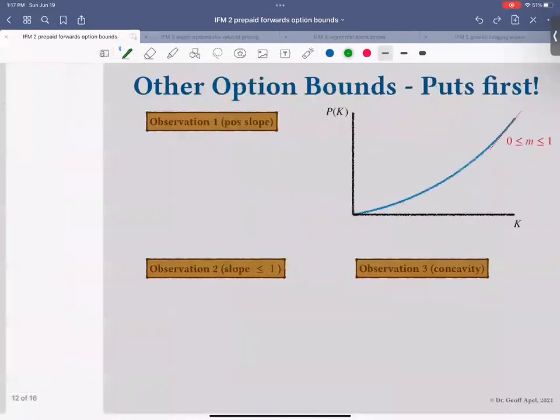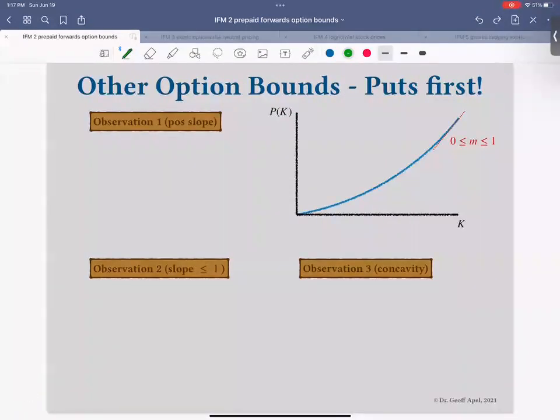You got it. Okay, and then just a couple more bounds I wanted to talk about here. In a way, it's easier to deal with puts than it is with calls, at least for some of these bounds. So I do the puts first and then the calls. For me, it helps to think of this graph. This graph is the graph of strike versus price. It's not the price for the put as if this was current stock price or future stock price. That's different. If you just think about it in terms of strike,